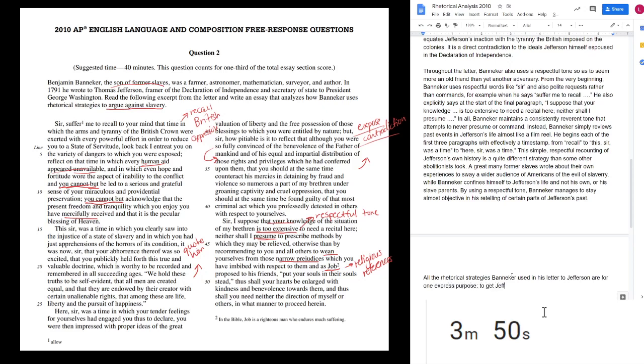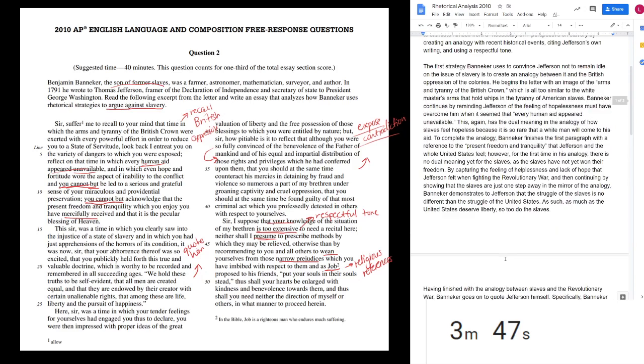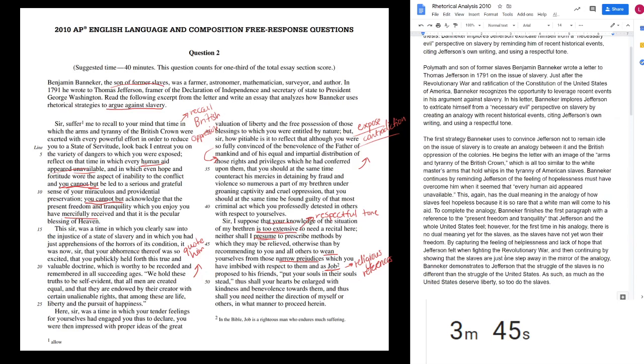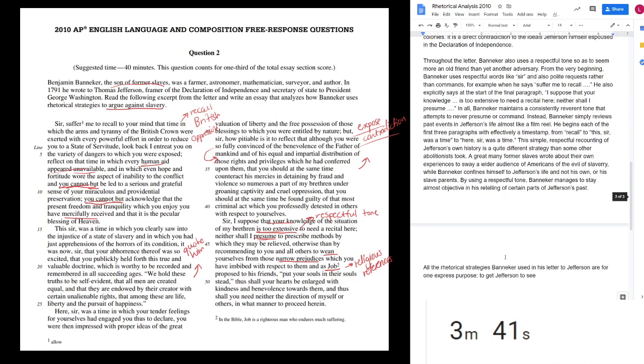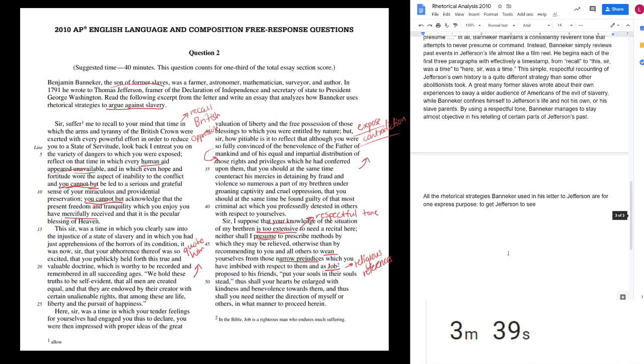What was my thesis? Right. To get Jefferson to see